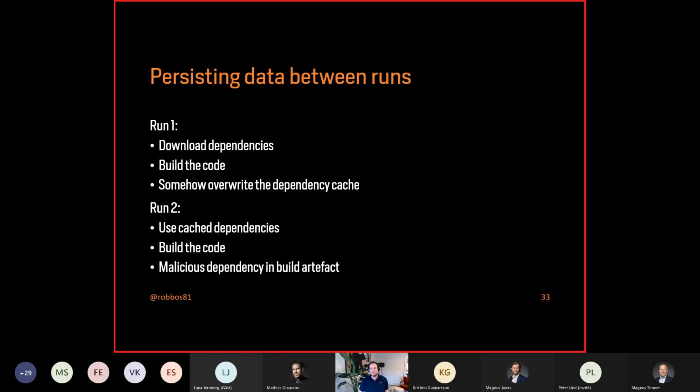And this might sound a little bit far-fetched, but this is exactly what happened with the SolarWinds attack last December. If you want to read more, there's a lot of information inside of this short link. It's case sensitive, so be aware of the capital S. But I'll share the slides afterwards anyway, so you can always find those links. It's a very interesting read on what happened during that attack.